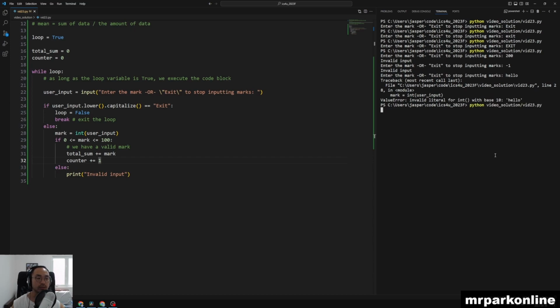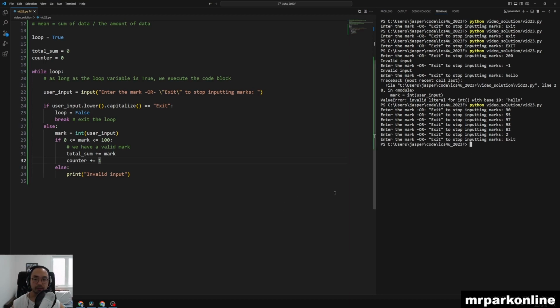But for now, we're going to assume that they're either going to write the word exit or they're going to give us numeric inputs. So let's say we got a 90, 55, 97, 98, 62, and 2, and we're going to exit. Okay, so it did what we wanted to do. It added the mark to total sum, and added 1 to counter every time. But what I forgot to do in this case is when we exit the loop,